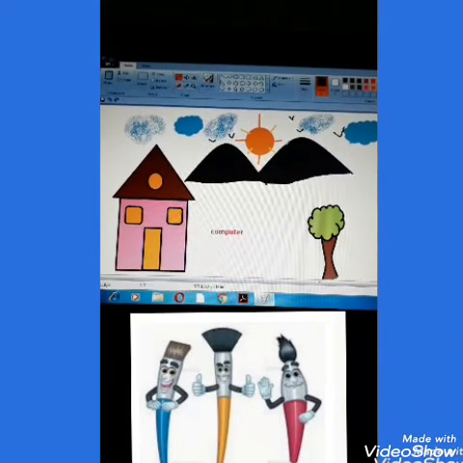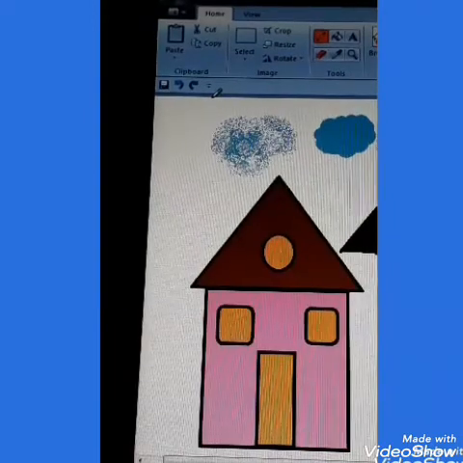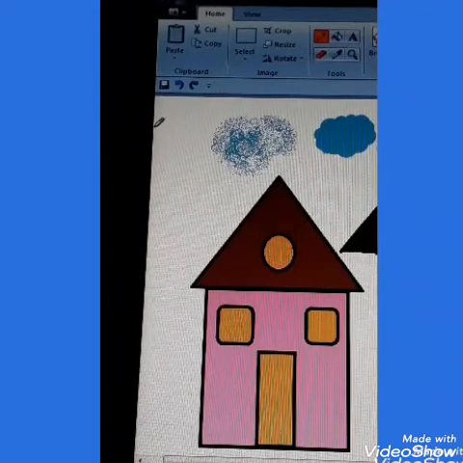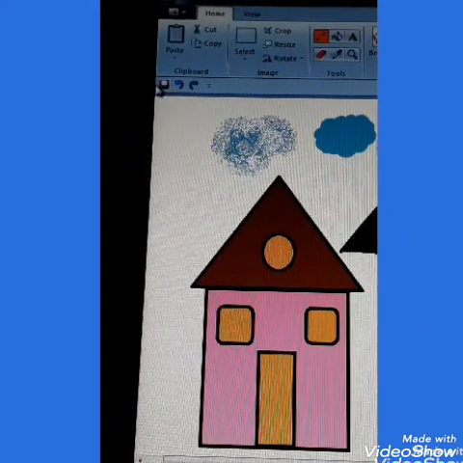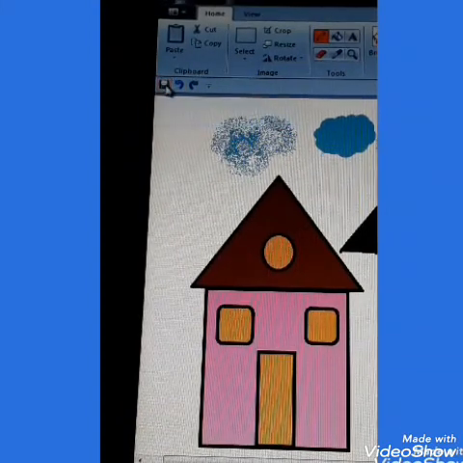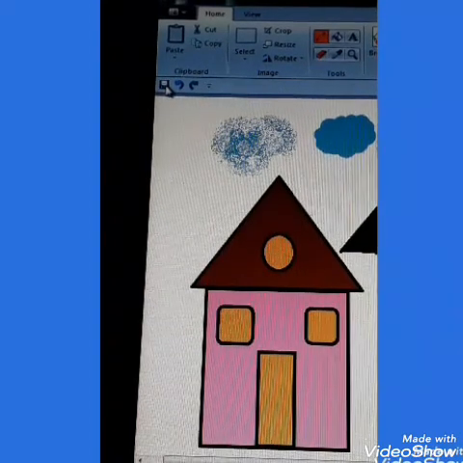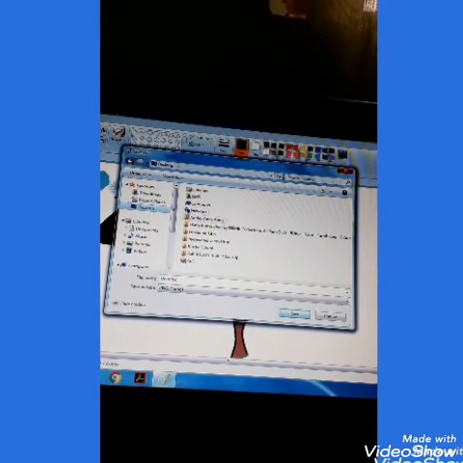Now I will show you the main part, that is the saving part, saving of this image. So to save, you have to use this icon. Yes, I have shown you in the explanation video, but still once again, see this save. You have to click on save. Once you click on save, you will get a box. I'll show you that. After clicking on save button, you will get one box this way.